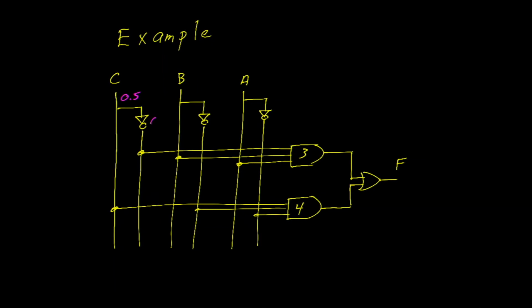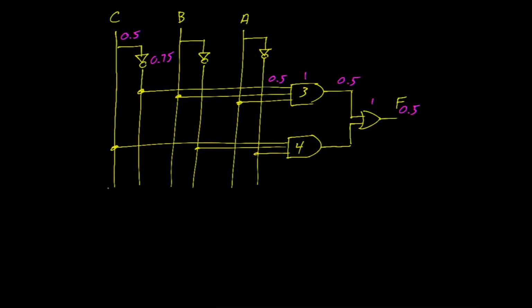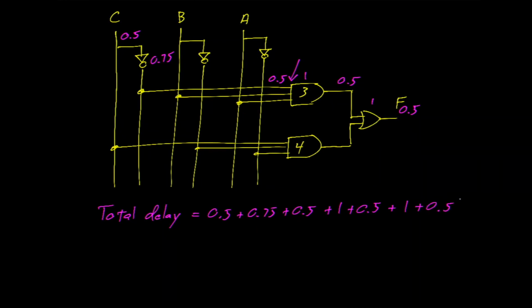There's a wire, the inverter, a wire, an AND gate, a wire, an OR gate, and finally another wire. So the total delay is 0.5 plus 0.75 plus 0.5, which gets us here. Now we go through the AND gate, to the OR gate, through the OR gate, and finally to F. I believe that works out to 4.75 nanoseconds,